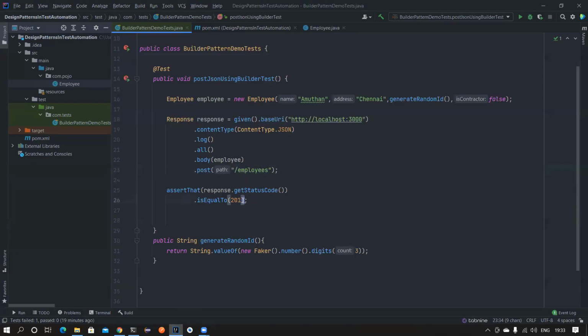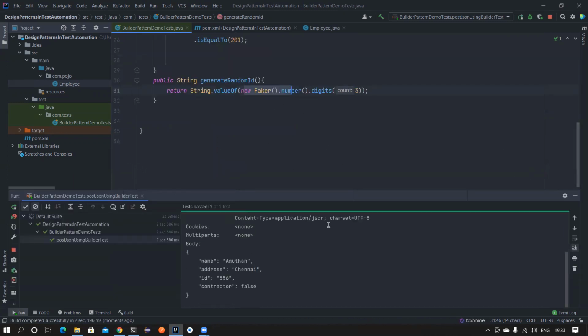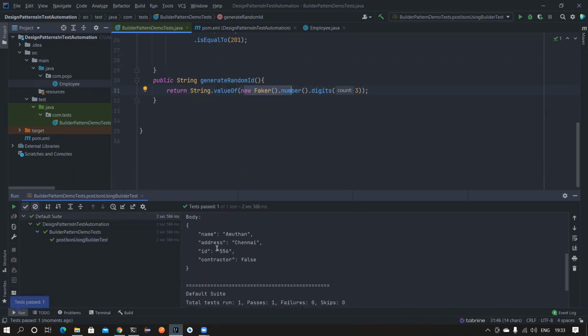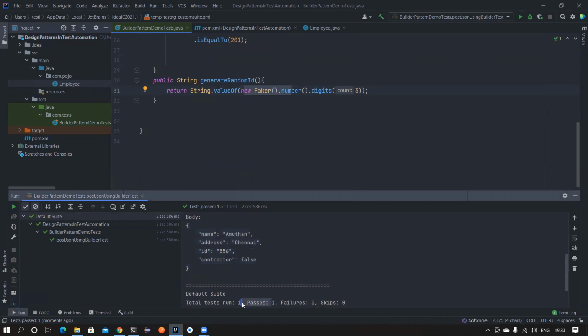We're going to get a 201 response. So I'm using the AssertJ library to assert the response, right? This particular JSON server needs a random ID every time, so I'm generating a random ID using the Java Faker library. Pretty much simple code. If you run this code, this is a very simple code. So it has constructed a request. If you notice, the values that you have passed are used to construct the request, and our test case passed, right? Pretty simple code.